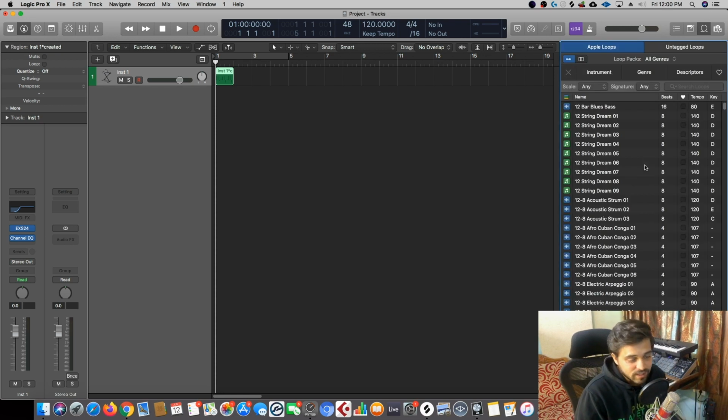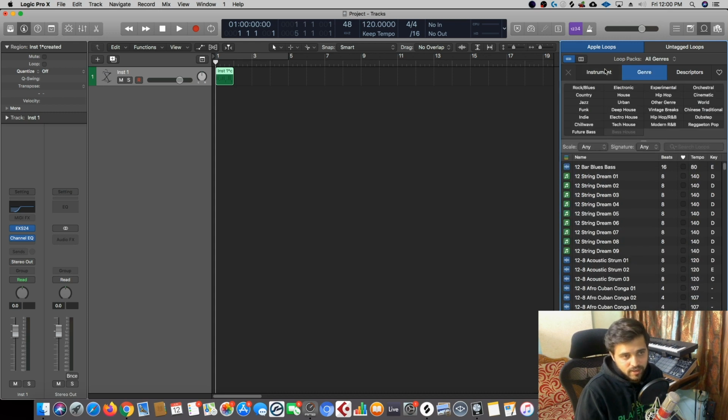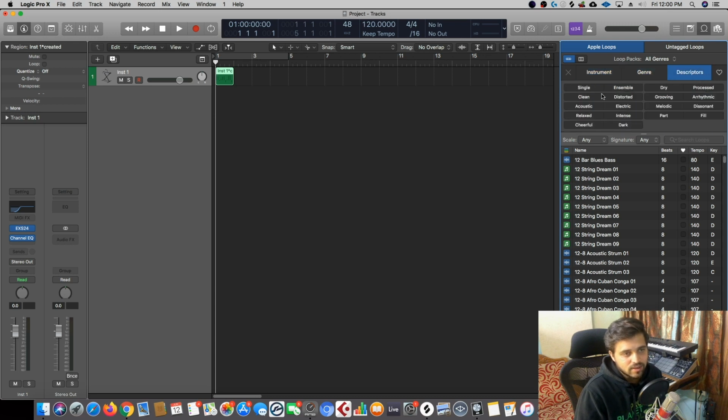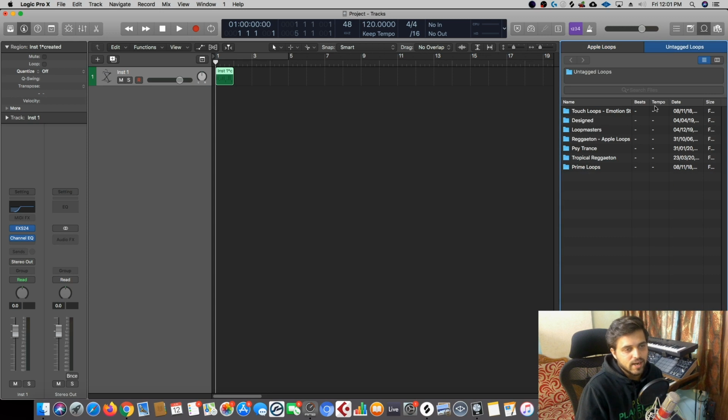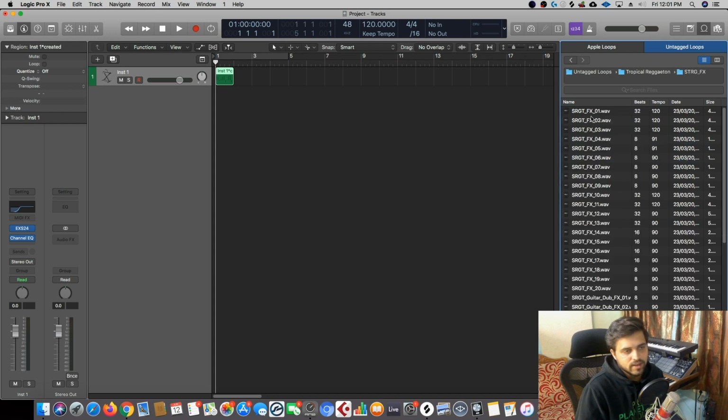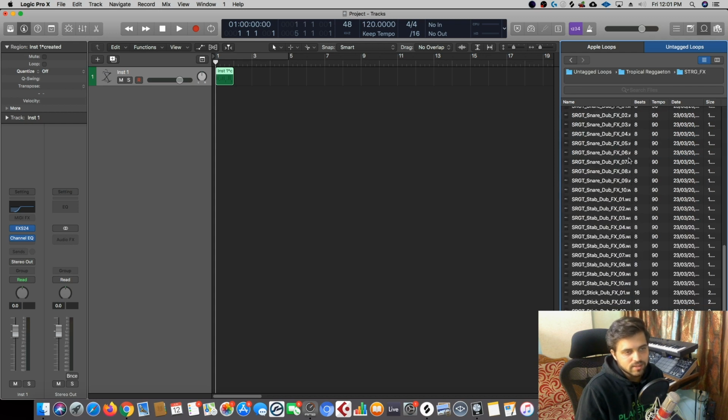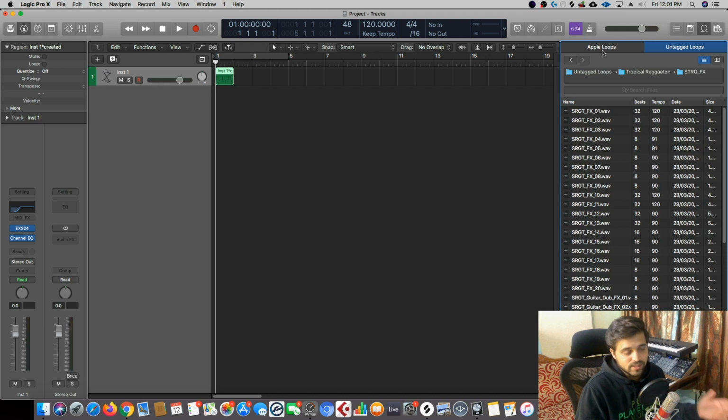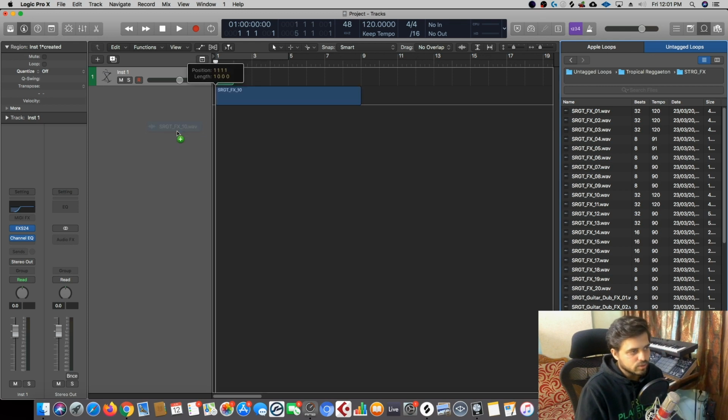This is where you can instantly start making music, and Logic Pro X has become even smarter by organizing their loops, by tagging them into genres and moods and the types of sound. This is something called untagged loops, where you can just drag and drop a folder. These are some of the loops that I have, and I can just access them from my disk. I don't have to necessarily convert everything to Apple Loops and load it. I can just have untagged loops and use them straight like this.